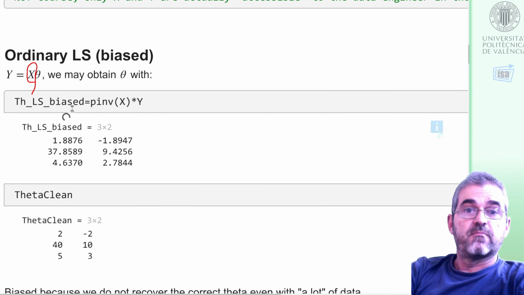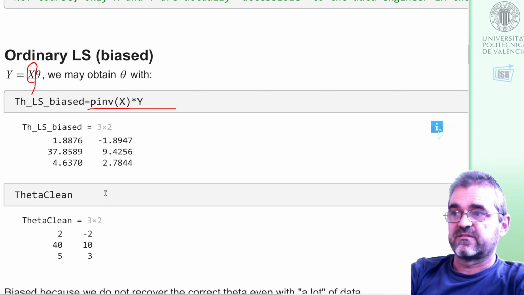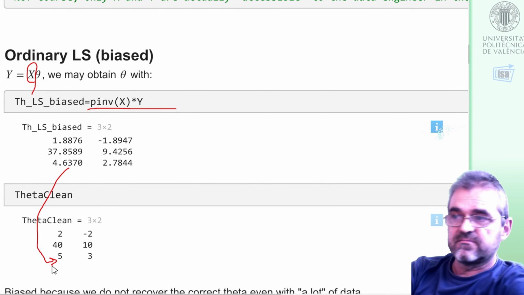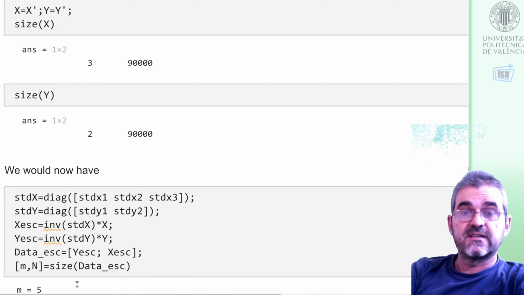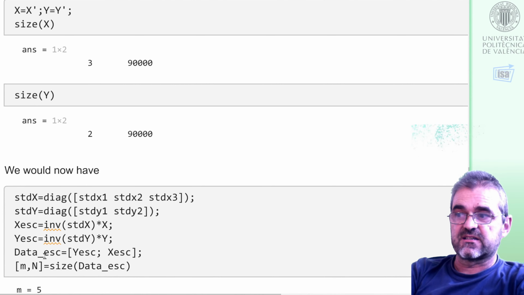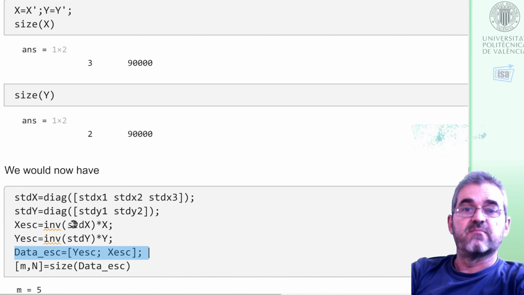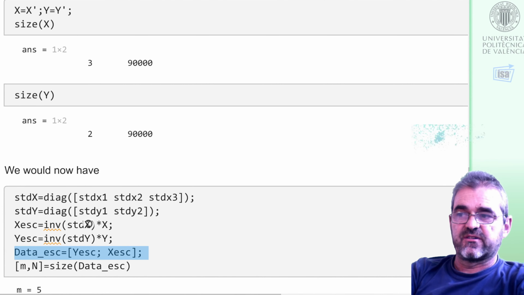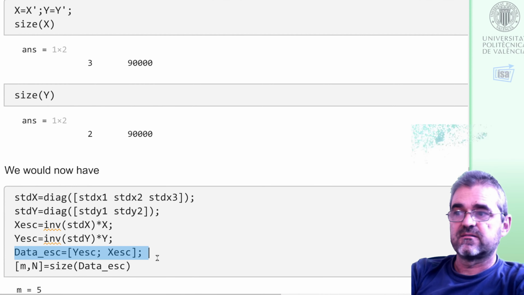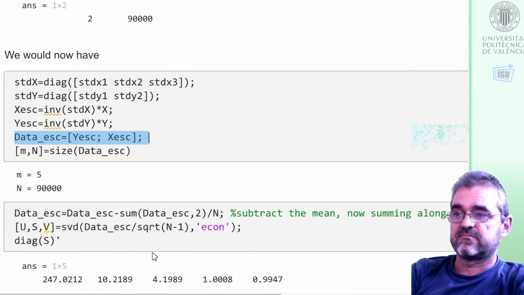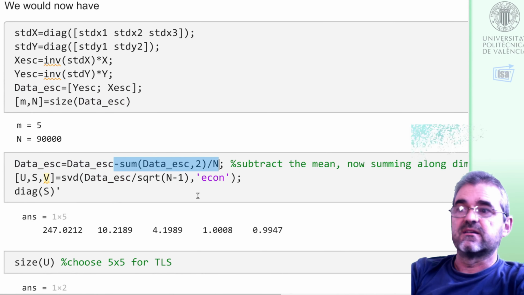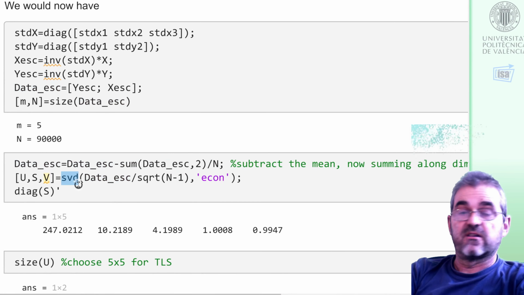Input noise makes the pseudo-inverse solution quite biased, but total least squares, if we scale so that the measurement noise in each of the channels is 1, dividing by the standard deviation of each of the noises and putting a big matrix with all data in, in such a case, centering, subtracting the mean, plus singular value